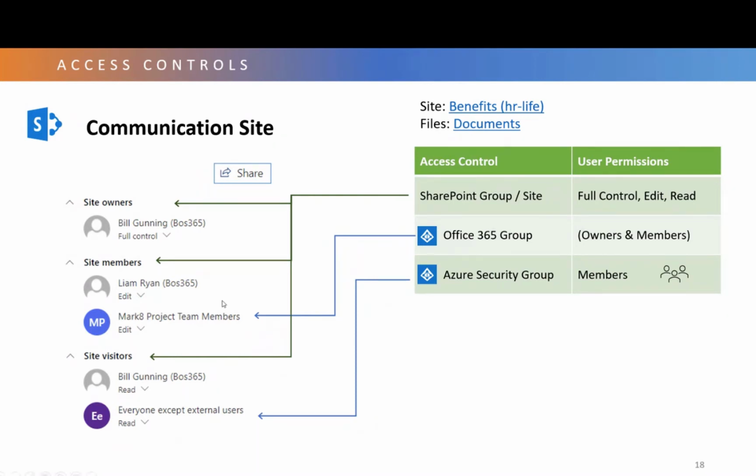So you can drop in the 365 group. You can drop in Azure security groups. When you add the everyone except external users, that's actually an Azure security group. You can also drop in mail-enabled security groups. You can have groups created. You can have a dynamic group dropped in. Typically, when I work with communication sites, I like to put all the users in visitors only. We limit the number of people who can make changes. And so I like to put everything in the visitors group.